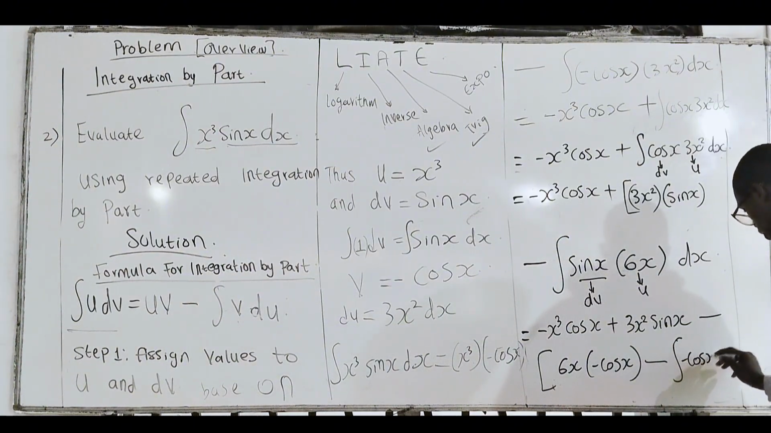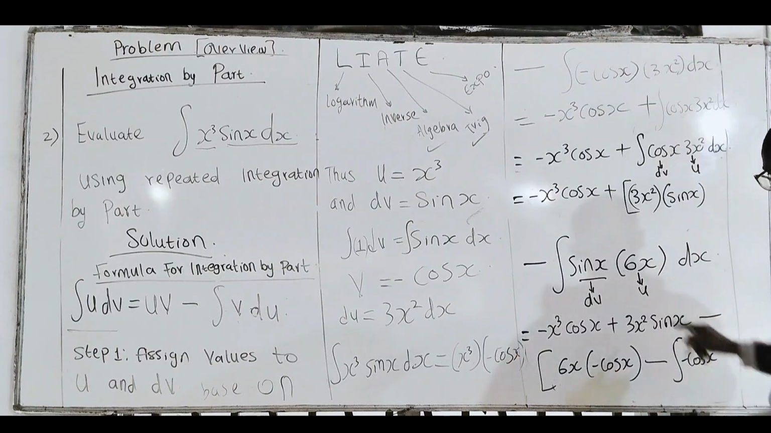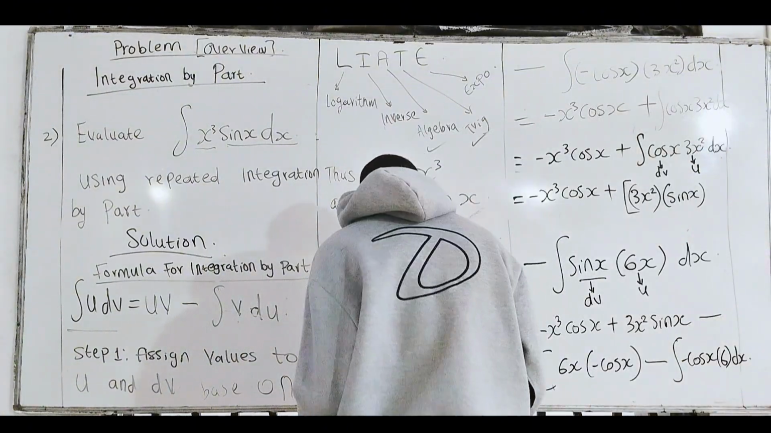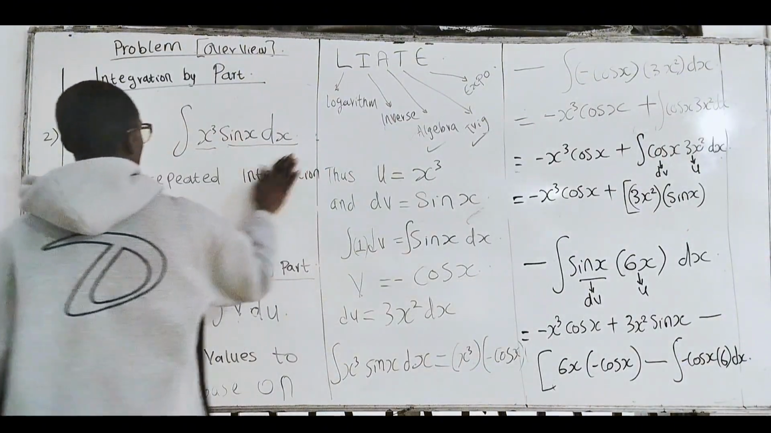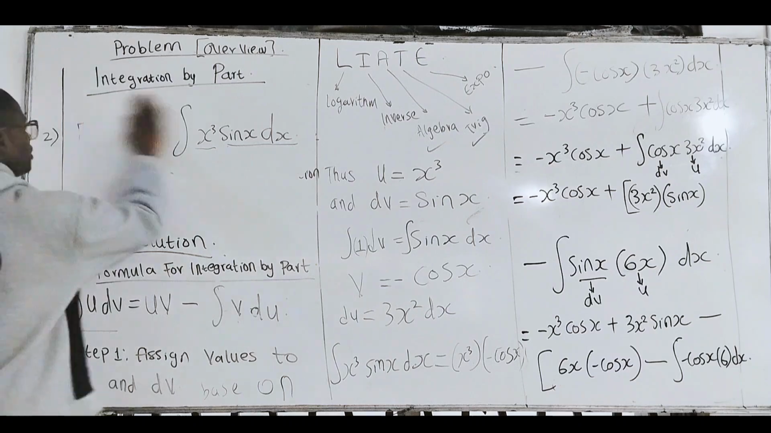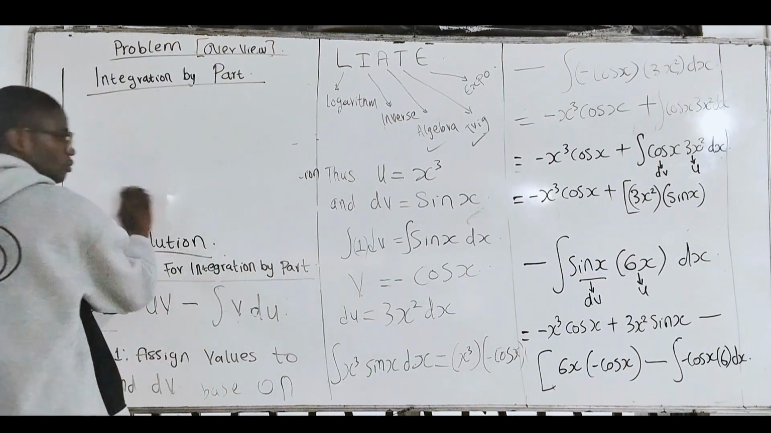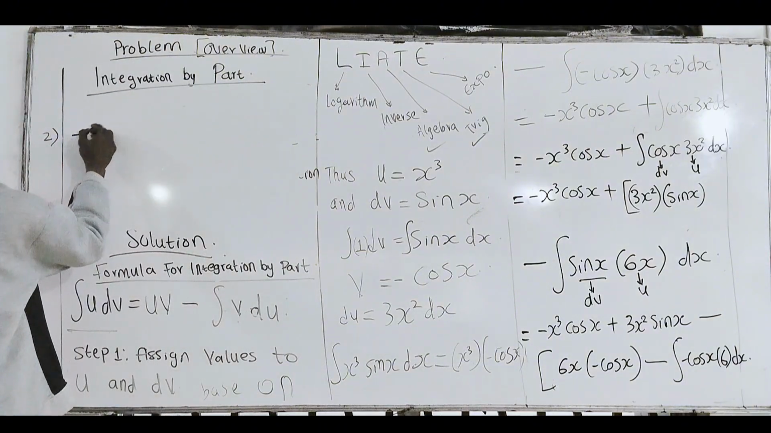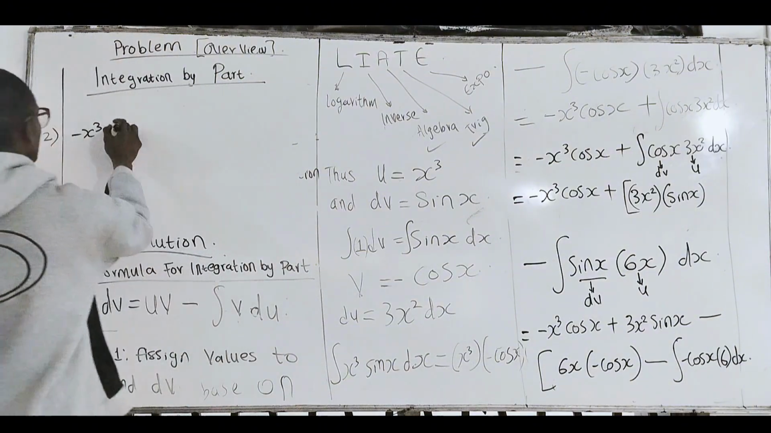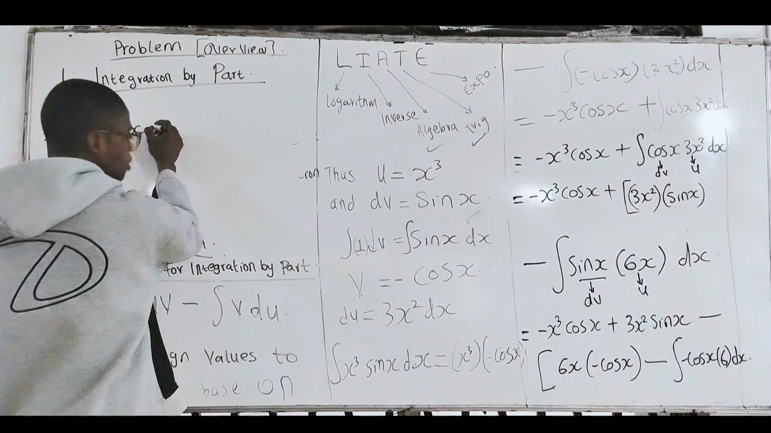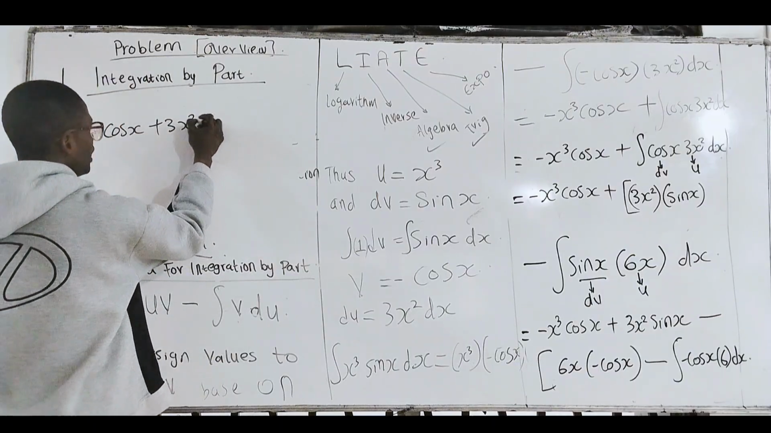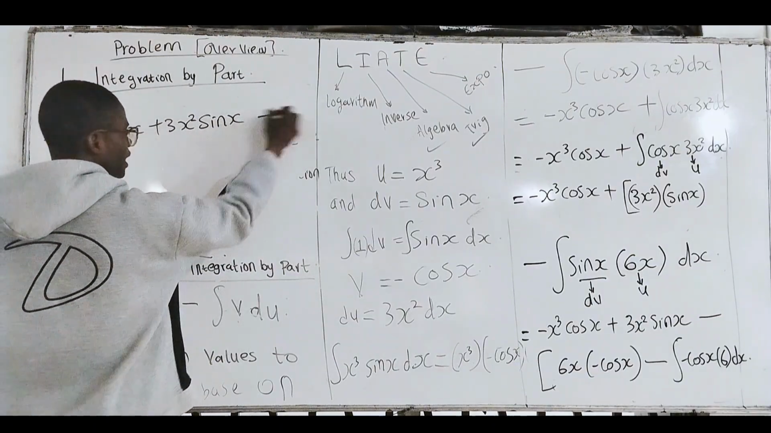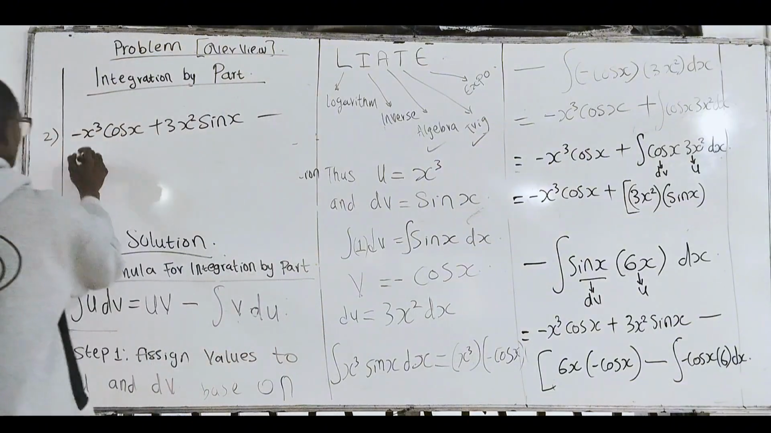Minus cos x, right? What's our du? It differentiates u, which is what? 6 dx. Beautiful. So we'll carry on with that. When we simplify it, what will we have? We'll have minus x cubed cos x next plus 3x squared sine x minus, right, into